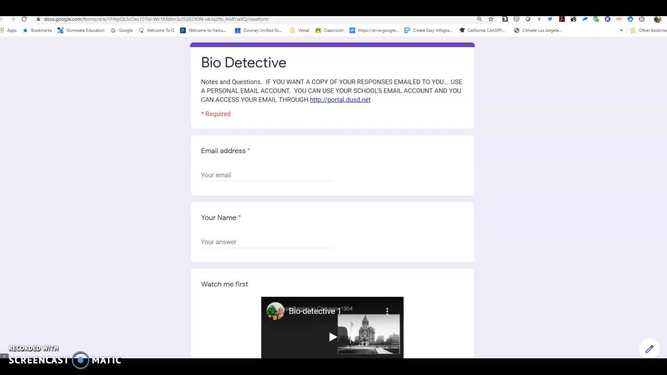So in the first lesson, you can actually use this to help you take notes. All you need to do is make sure that if you want a copy, you put your email and it will send you a copy. If you're using your school ID, just click on the link here that says portal.dusd.net. Log in as if you were logging in on the Chromebooks, and you will see Outlook,